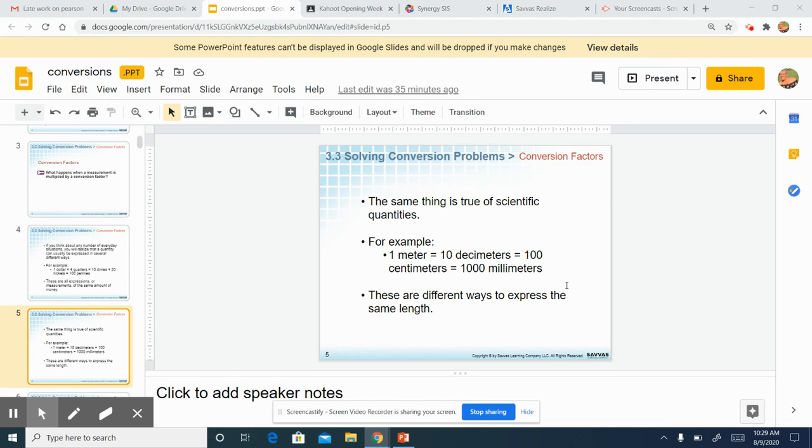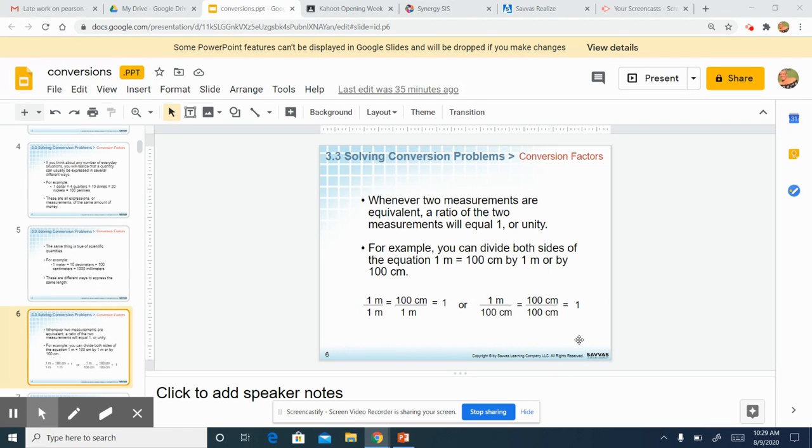So likewise, 1,000 grams is a kilogram. 10 decigrams is in a kilogram. So that's, again, you just have to look at the prefixes to know how many are present in the base unit. So whenever we have two measurements that are equivalent, we have what is called a ratio,